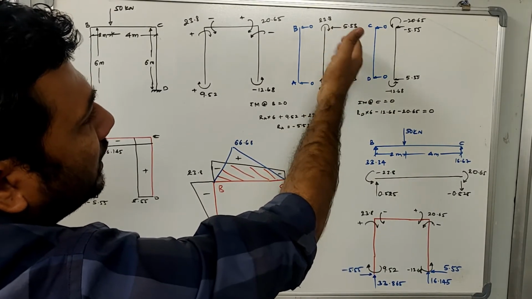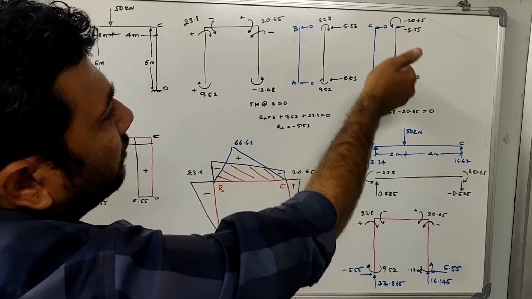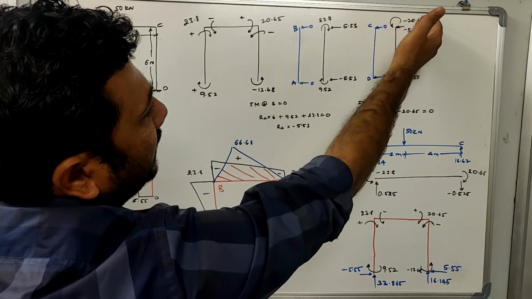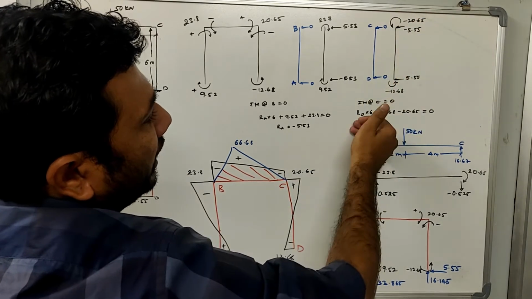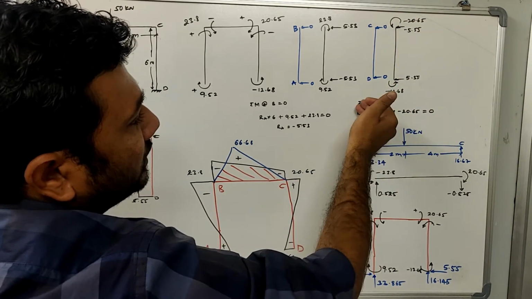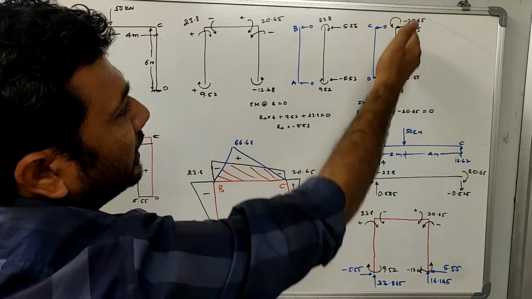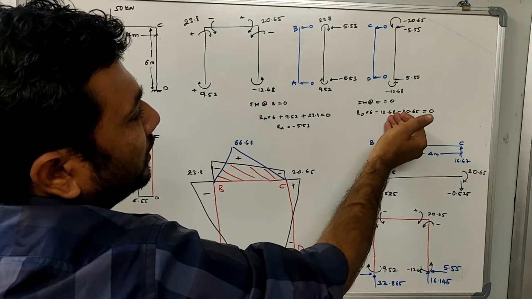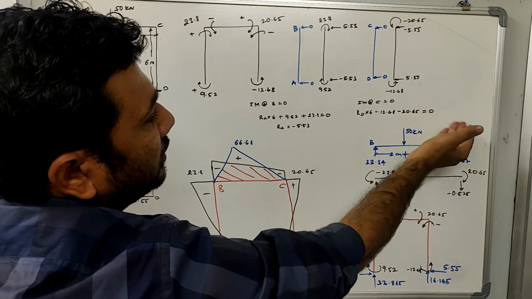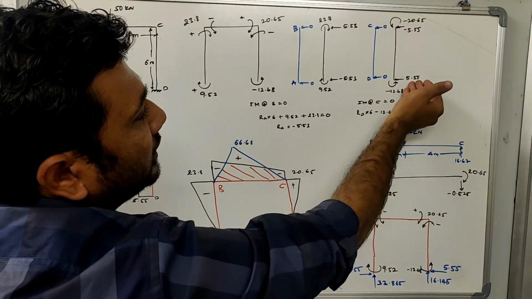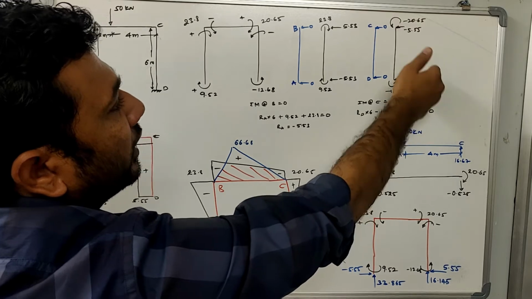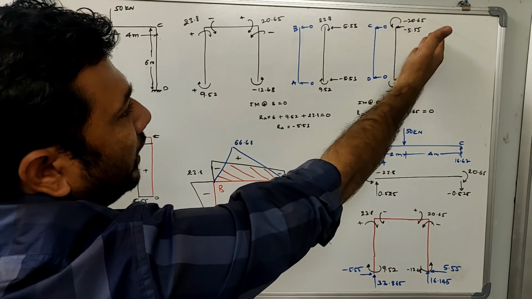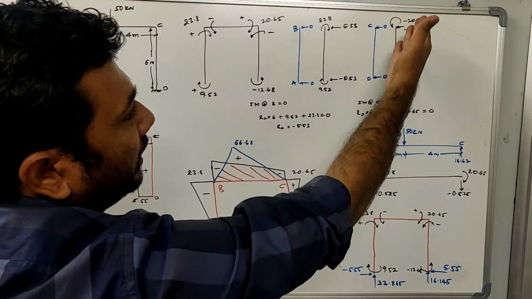These are the reactions which are developed from end moments. Similarly for CD, the moments are minus 26.68 and minus 20.65. Another equation I have written here represents summation of moment at C equal to 0. So in this case, RD into 6 minus 12.68 minus 20.65 is equal to 0. After solving this, RD is equal to 5.55. On the other side it will be minus 5.55. Anyway, we will ignore these two values, but I have written them just for the sake of completeness.